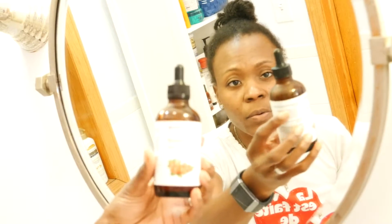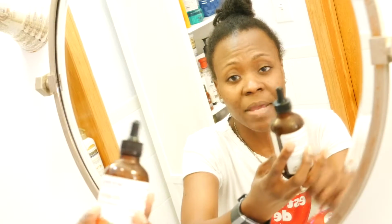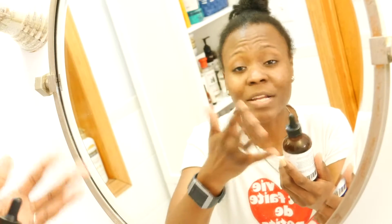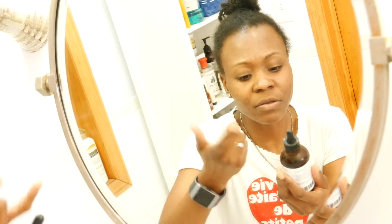So the last step that I do for this is putting in some pressing oil. Well, I just use some rosehip oil. I don't know if you can see that, but you can get this from anywhere. I got mine from Amazon. It's 100% pure and natural, supposedly, and I believe it, because there's only one ingredient in the ingredients list on the bottle, so whatever. So all I do is take a few drops,